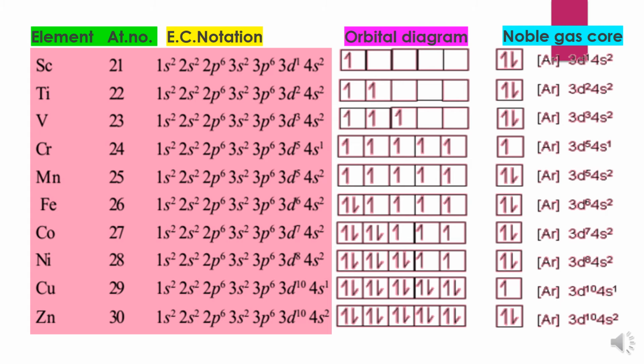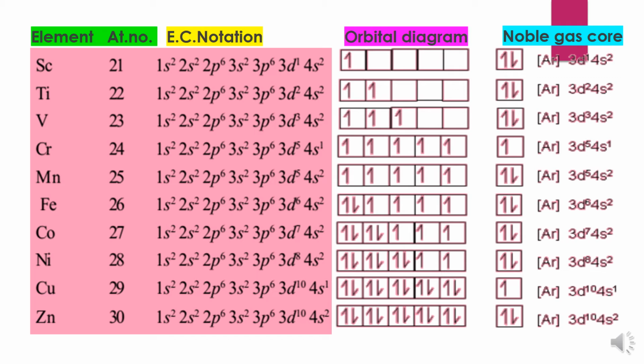So have a look at the configuration of all these elements from atomic number 21 to 30, and you can see that the number of electrons is increasing in the d subshell: 3d1, 3d2, 3d3. With one exception, chromium: it's not 3d4, rather it's 3d5 4s1, because of the extra stability of an exactly half-filled electronic configuration. And this same exception will be there in copper also. So you will see that the 3d4 and 3d9 configurations don't exist; rather, it will be more stable in terms of exactly half-filled and exactly filled configuration.